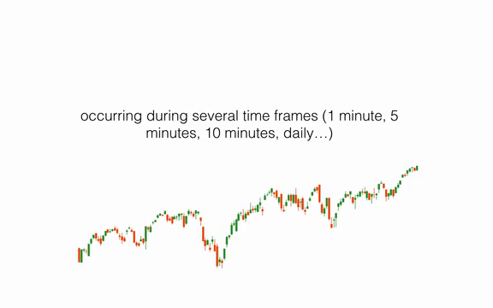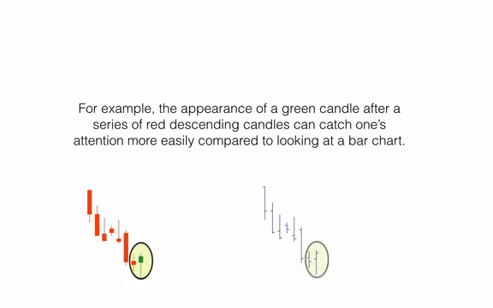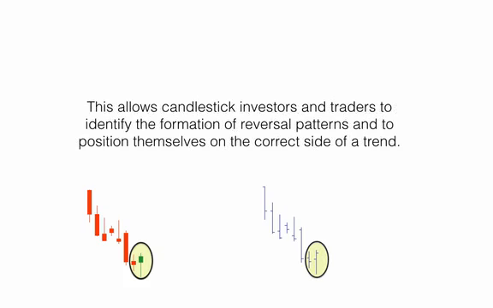For example, the appearance of a green candle after a series of red descending candles can catch one's attention more easily compared to looking at a bar chart. This allows candlestick investors and traders to identify the formation of reversal patterns and to position themselves on the correct